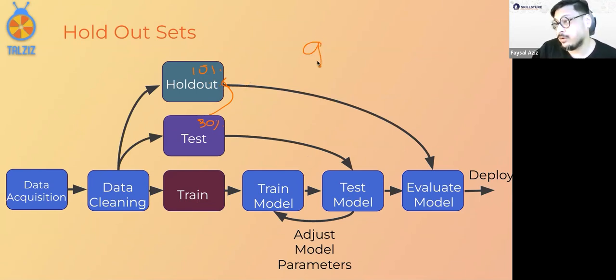Generally, prediction of 93% and above seems to be good. But then again, it's a subjective matter. For medical situations, maybe you need a higher prediction. So it depends on you. Once you're happy, you deploy the model. This was a very bird's eye view of how things work in the world of machine learning.